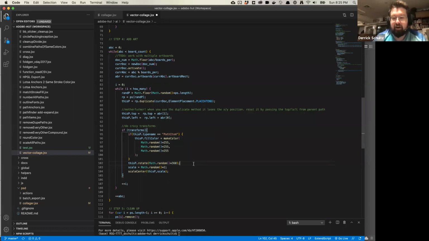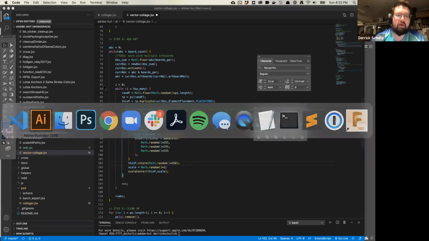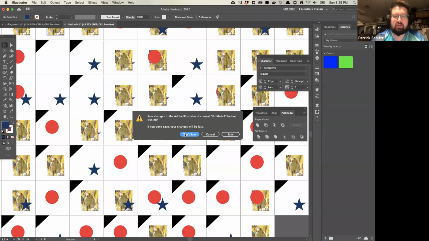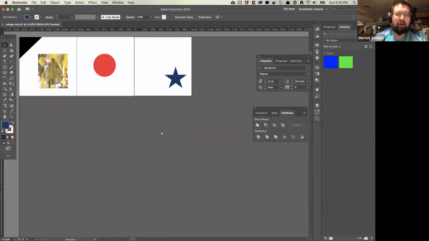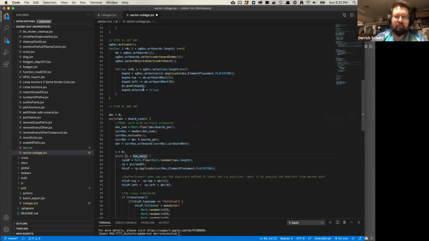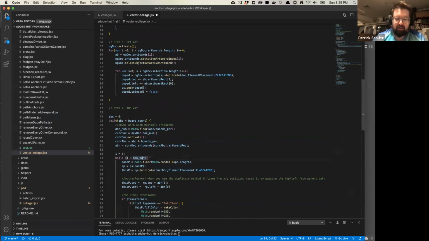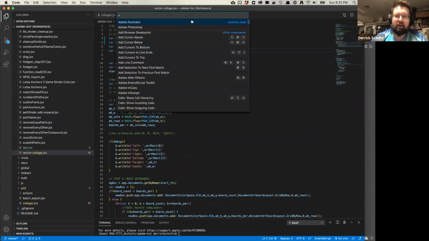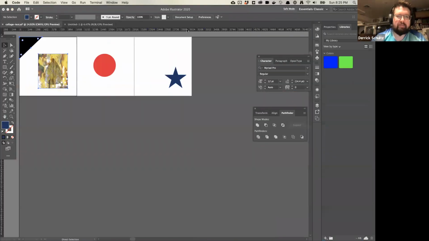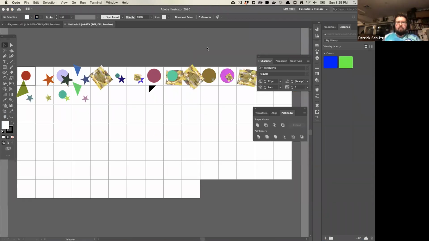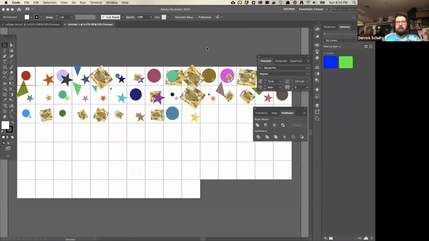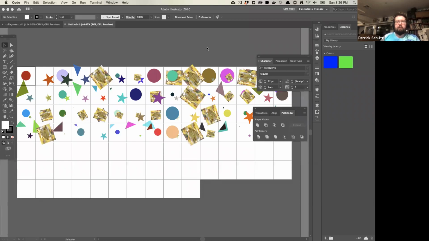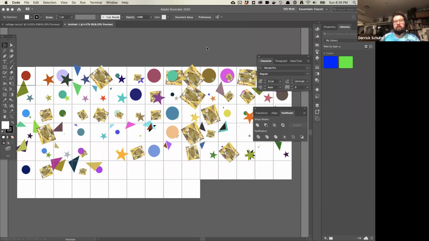So again, we'll see in a second, but even with just a couple elements, I'm generating a really crazy layout using this. So I'm going to go in here. I'm going to delete this because I actually don't really want this file. And I'm going to run this script. And we can leave it at 100. That seems fine. Did I turn transform to true? I did. So I'm going to run this again. Quickly jump over to Illustrator. And now you'll see I'm randomly generating colors, I'm randomly generating rotation, and I'm randomly scaling everything.